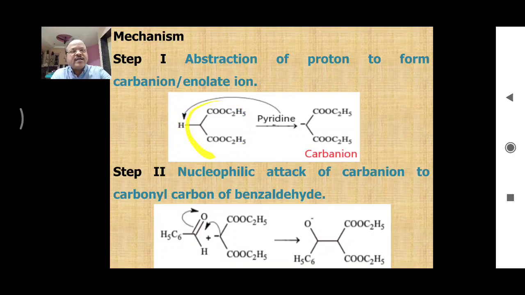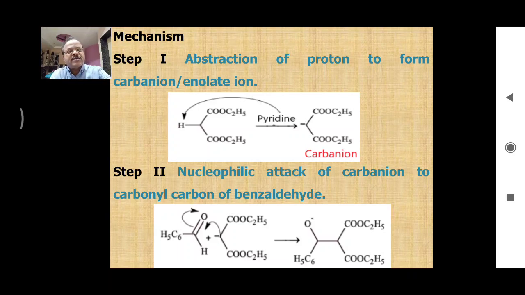This is diethyl malonate, and we are using a base here. So what is the general role of base? Base always removes or abstracts acidic hydrogen in the form of H plus ion. So this pyridine removes this proton, which is the acidic one. Here a CH2 group is there, one H is shown separately here. At this position a CH group is there. So this one hydrogen is removed by this pyridine in the form of H plus ion.